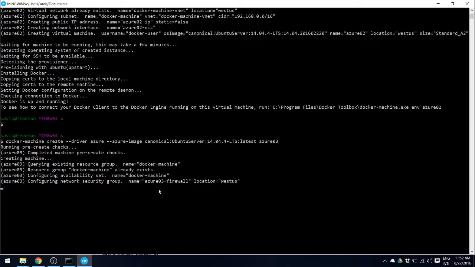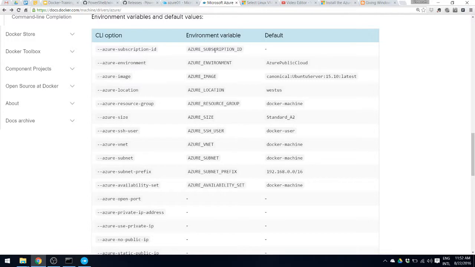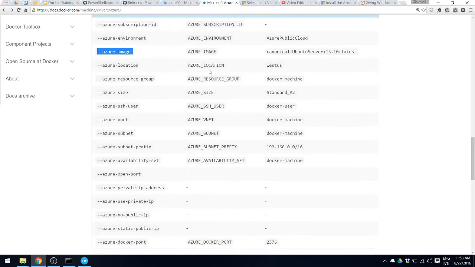There. So as you can see, it works perfectly without you having to specify your Azure subscription ID every single time. And that concept, using all this information as environment variables, can be extended to various other parameters. So for example, if you always use one Azure image, you can specify that as an environment variable instead of having to specify your Azure image every single time. And then there are other variables like Azure environment, Azure location.